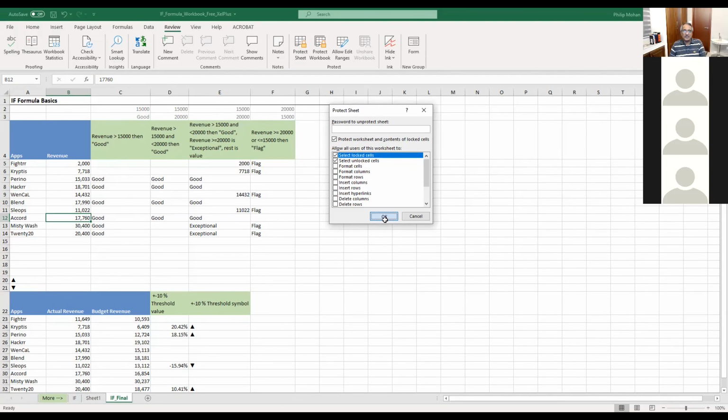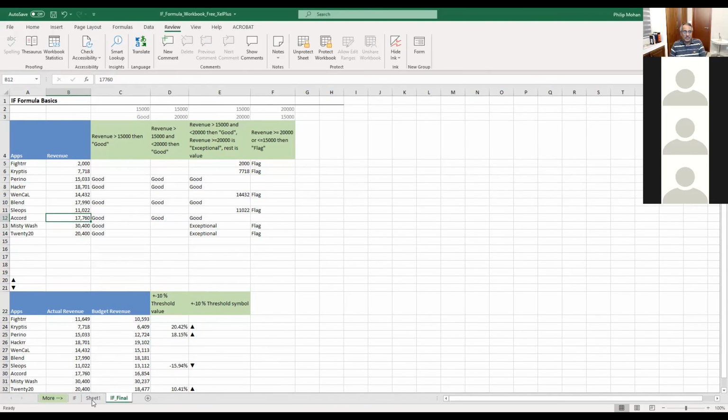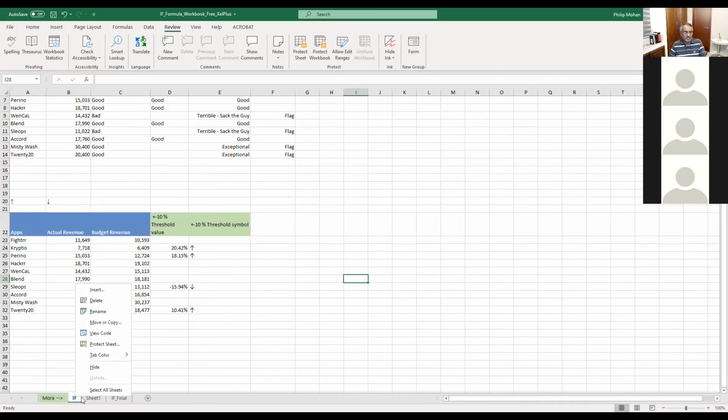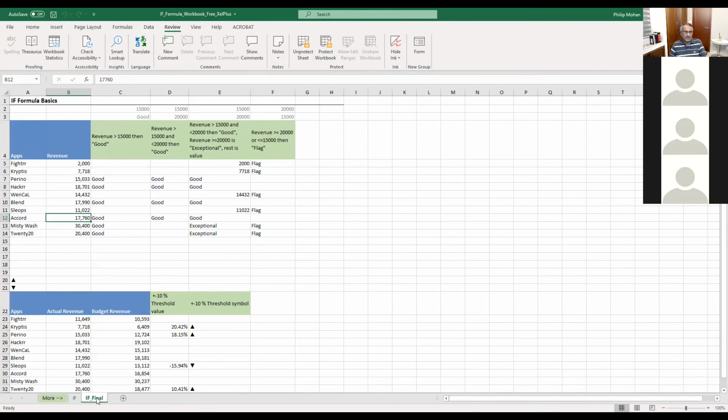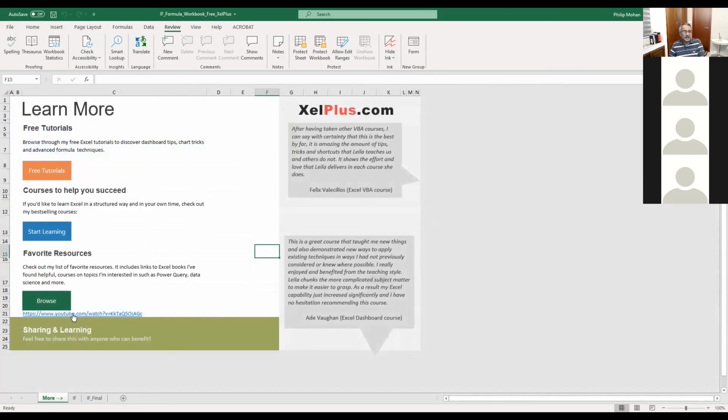So I'll close now, and you already have the sheet. All you have to do is click anywhere on the tabs and say unhide, and you'll get this sheet. This one was just what we did for the date, so I'll delete that now. We don't need that anymore. This is already there. You just have to click it, and all her formulae are here. And as I said, watch the video because it will give you a better idea. The video link, as I mentioned, is here, right at the bottom.